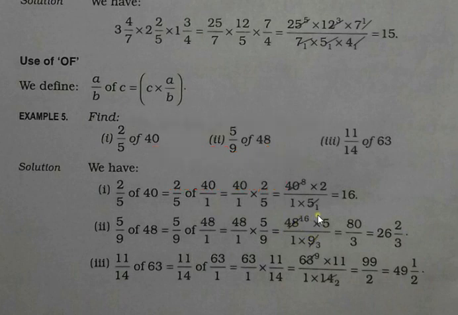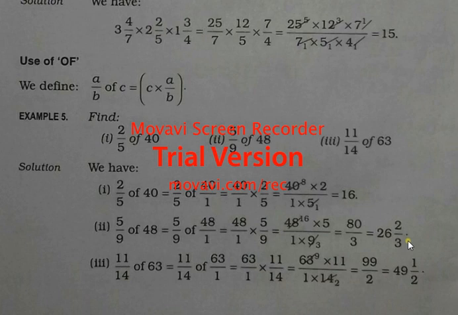Now up it is multiplied, 6 5s are 30, and below 3, since it is not reducing by any other number. So now this is an improper fraction, and an improper fraction is changed into a mixed fraction. How has it been changed? It has been changed by dividing 80 by 3.